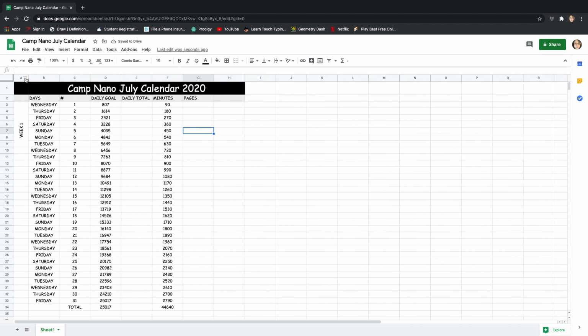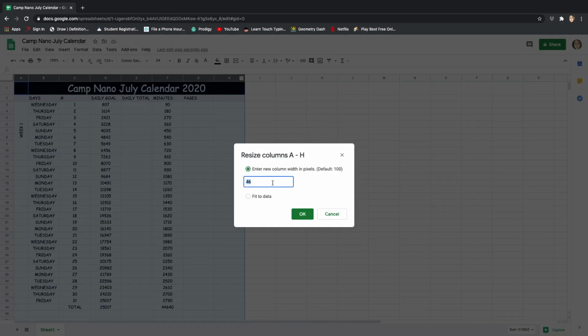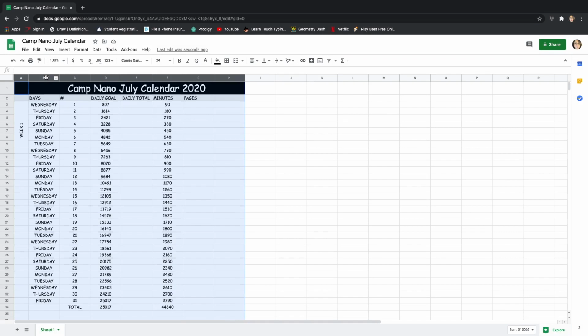You can also resize the columns by doing this. Click on column A, shift, click on column H, and then there's this down arrow. You can go to resize column A-H, and it says they are at 46 roughly, and that's probably because the column A is smaller. So you can push cancel, go up here,